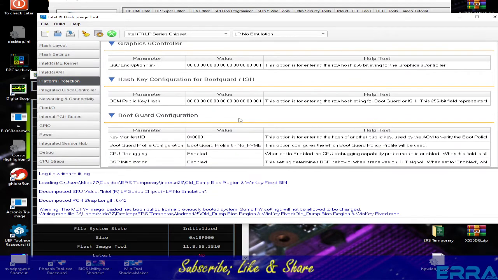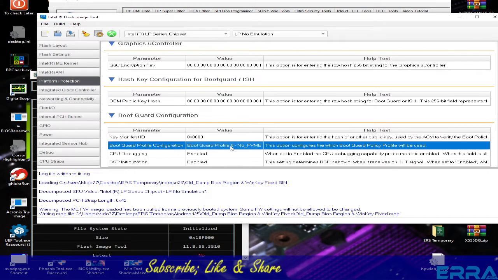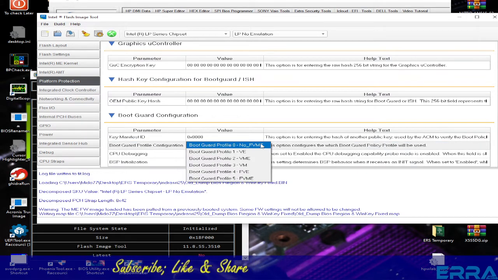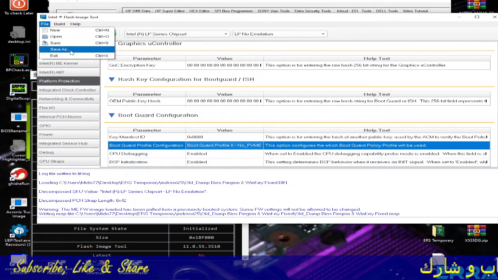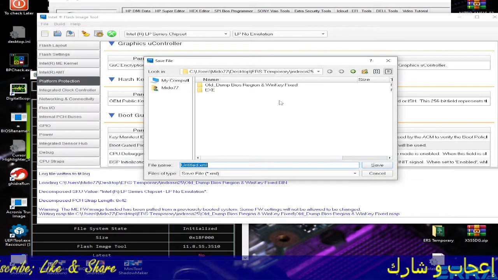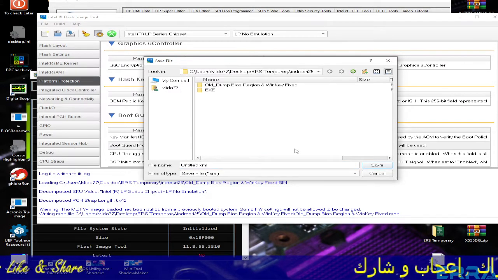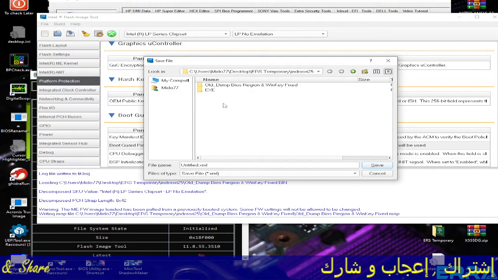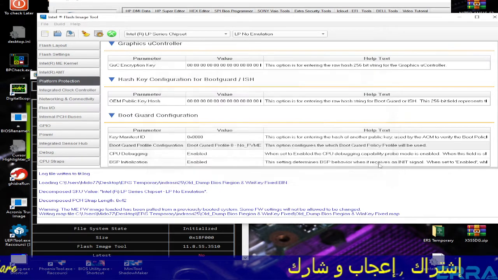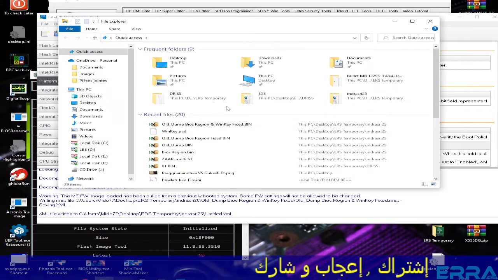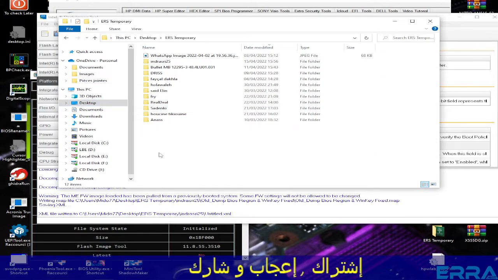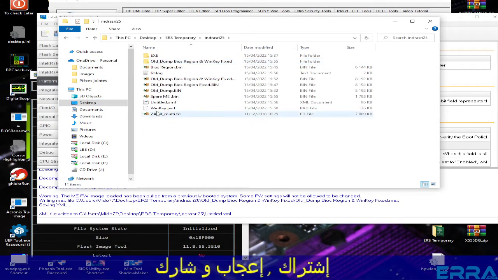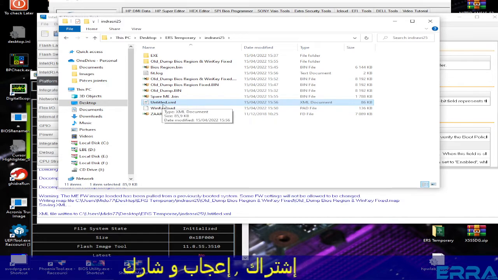Let's check the boot guard. So the boot guard is set as I always prefer, the 0 profile. Let's save this configuration file, and let's keep it default. Save. So let's go back to our folder. So we have our configuration file here, this one,